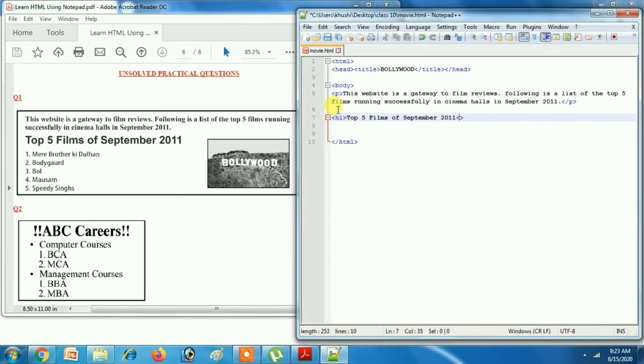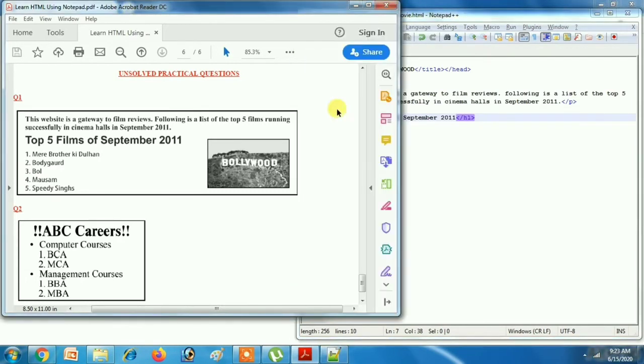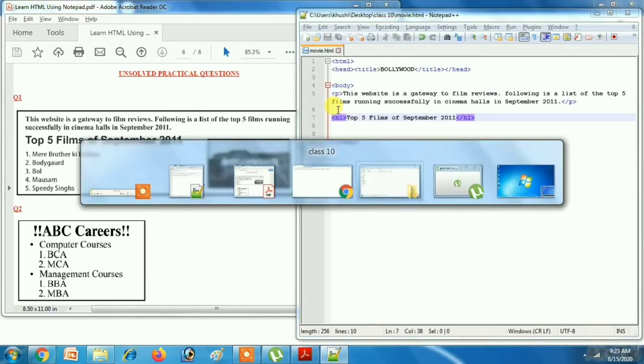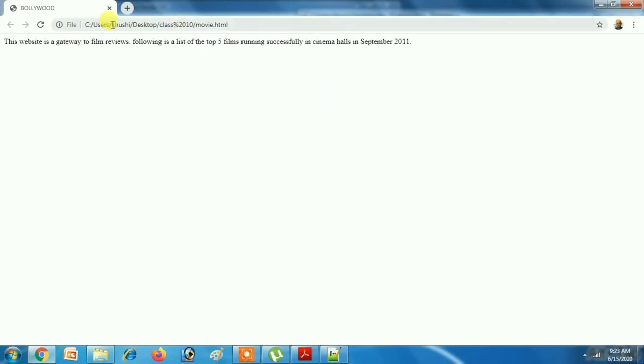H1 closed. Okay, now let's see it in the web browser. This is it. Got it? Now I think it is the same as we want.